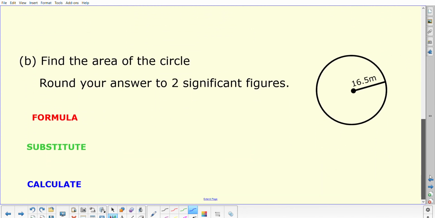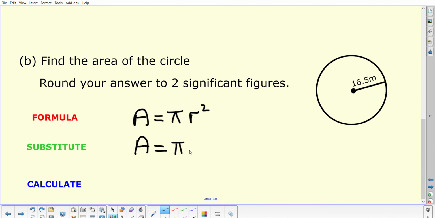So same circle again, but this time we're going to be working out the area. So of course, make sure you pick the correct formula. The formula for the area is the one with the r squared in it, so pi r squared. That should be written down. Then we're going to substitute, so as we've already established that is actually the radius measurement we've got there, so we leave the pi symbol, times by 16.5 squared, and if you do that on the calculator, it will come up with